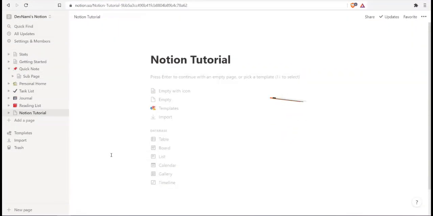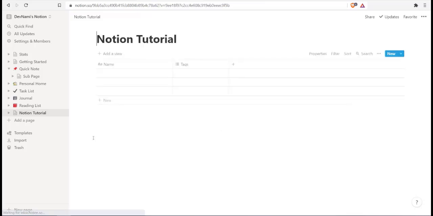So we will take a look at how we can add table as our database in Notion. When you create a new page by clicking on add page, and when you add the title, you will be presented with the option to add table as your database here. Similarly, you can also add inline table or full page table, so this particular option is for full page table. So if we click on it, it should create a table view